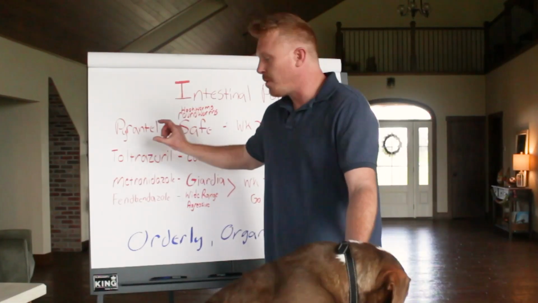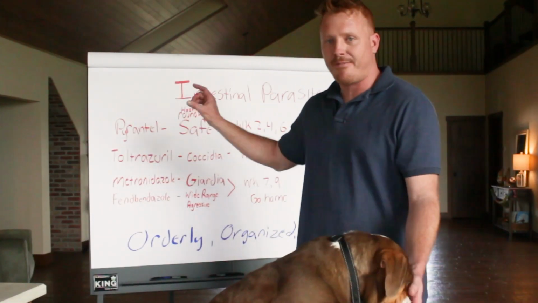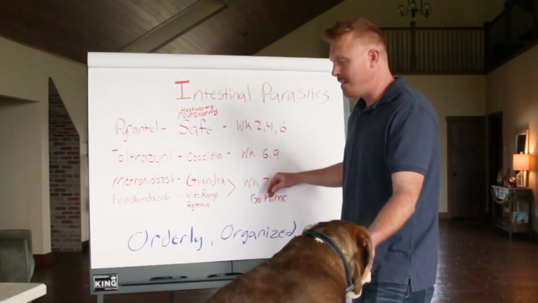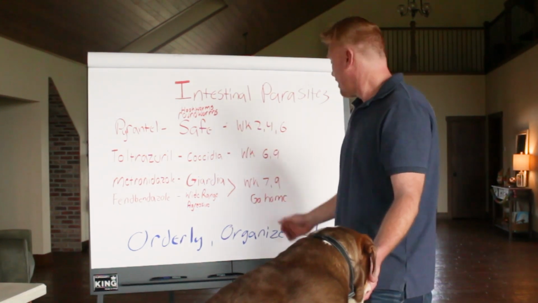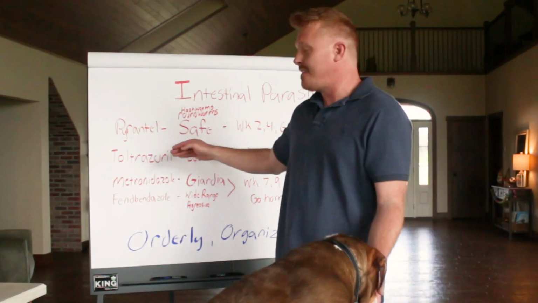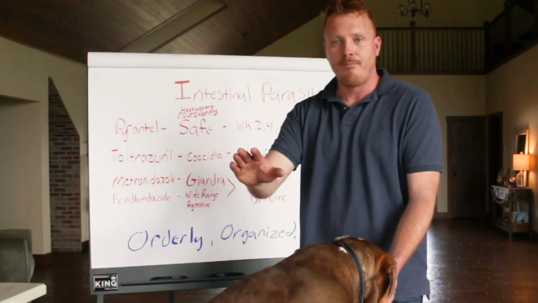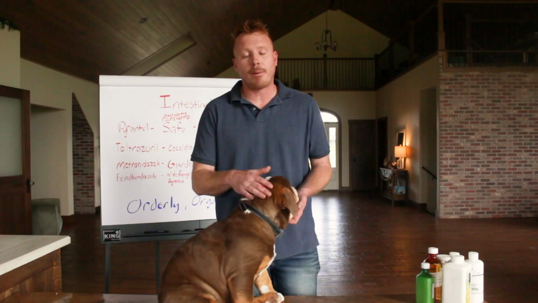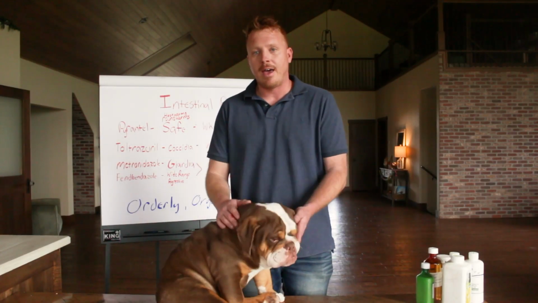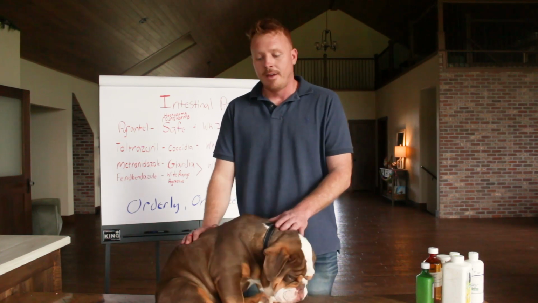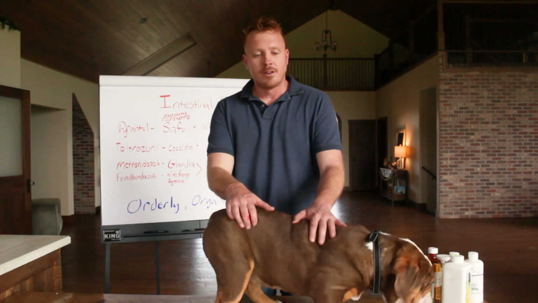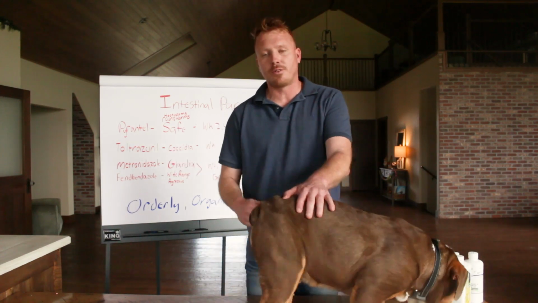A lot of times we will combine metronidazole and fenbendazole and hit our puppies at week 7 and at week 9, and then lastly, we will send that combination, fenbendazole and metronidazole, home with the puppy. Usually all of our bulldog puppies go home at 10 weeks old, and we've covered that for a variety of reasons, but we feel like a 10-week-old puppy is finally mature enough to safely go to their new home.